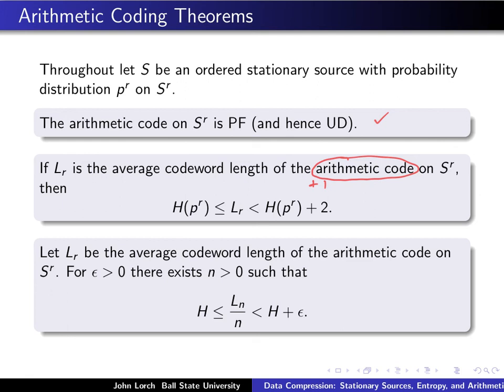However, there's an advantage here in that we can create code words piecemeal. We don't need to create all of the code words in order to have some of them. And further, this is really not too bad, because if I want to compute the number of bits per symbol, I want to now take this and divide by R. So if I divide by R all the way across the inequality,